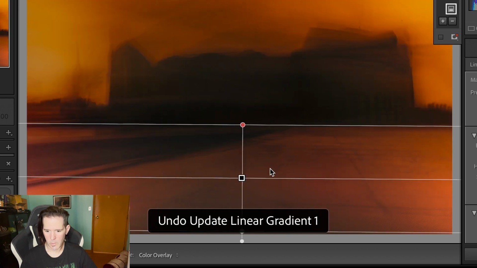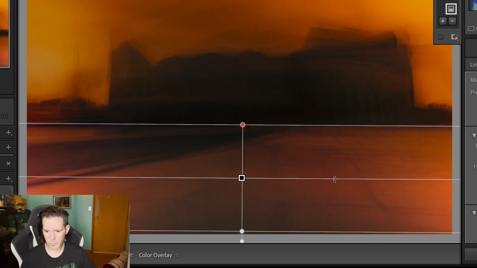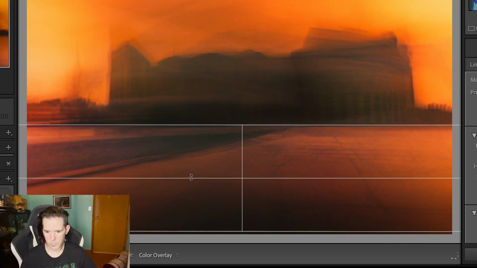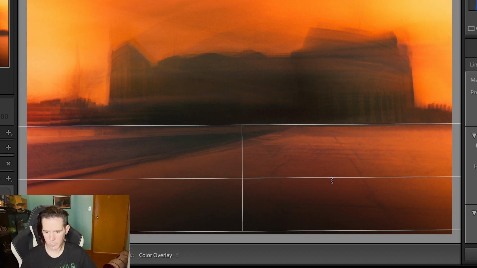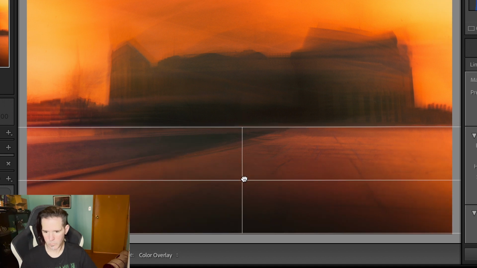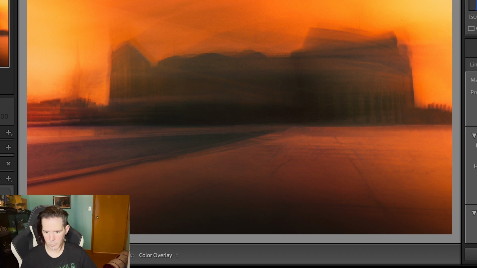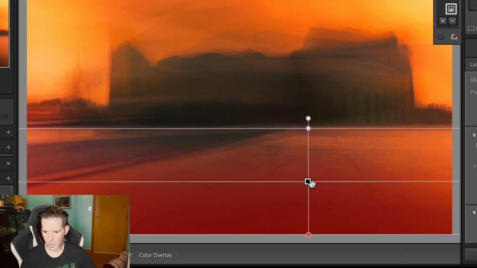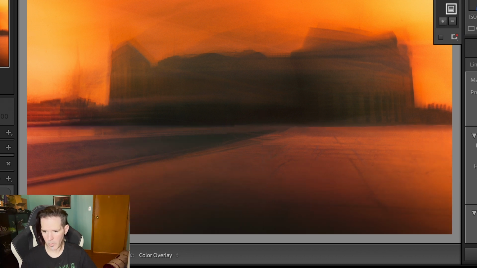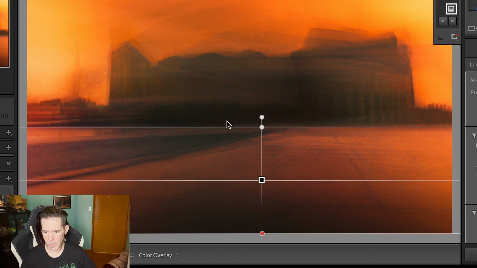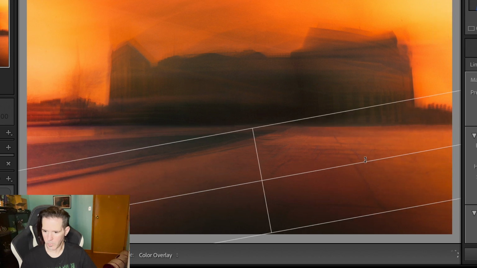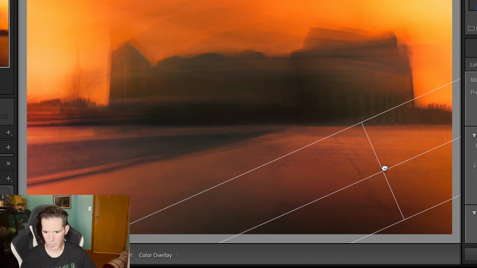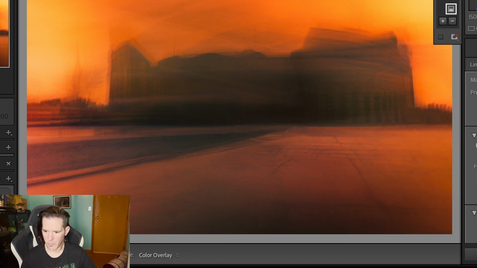And if you don't like this, then you can always just delete it out. Not sure about that, you can bring it over a little bit more as well. You know, just keep playing with it until you get what you want. And see how this is a little brighter here, but this is also brighter. If you don't like that, you want this to be a little darker, yeah, just mess around here and there. See how that just gets a little bit darker right there as well. You want to do that, that's fine. Takes a little less